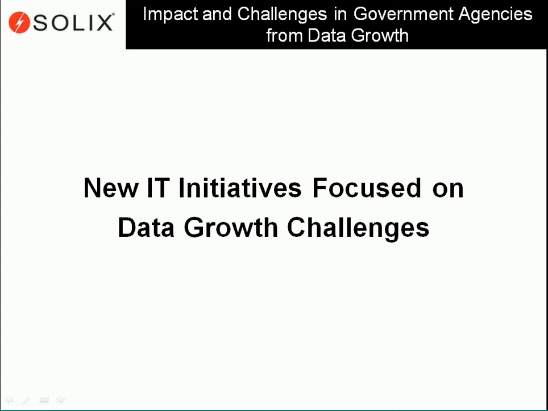The new initiatives, the one obvious and the simplest, has to do with the fact that we just sort of take a brute force approach to this thing. We simply say, let's just throw more capacity at it. Let's just buy more storage and throw it at the problem. So that's one approach. Like I said, I don't recommend it, but that seems to be the expedient answer. The second is that